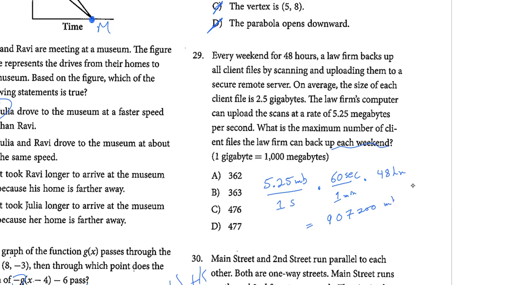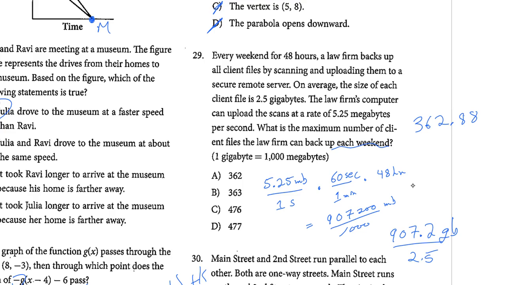907,200 megabytes in that 48-hour period. Now it says a gigabyte is 1,000. So if we divide this by 1,000, that'll give us 907.2 gigabytes that we can upload. And it said each client file is 2.5. So if we divide that by 2.5, we would get